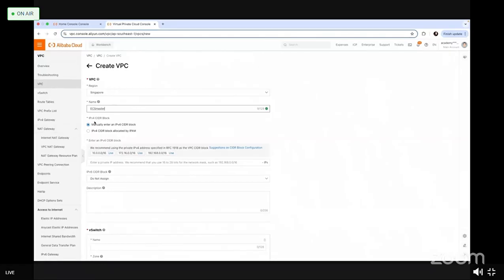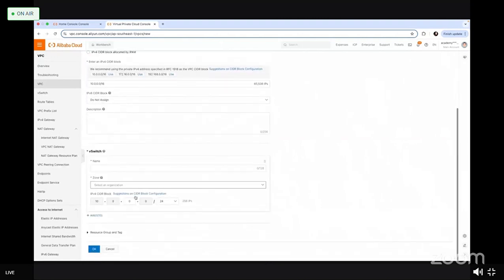And then the CIDR block you can manually enter, or we can have the CIDR block automatically allocated. I will choose one of these three. So I just go with this 10.0.0. I use this one, and then I need to make three vSwitches, one for each zone, right? So I will name it VS ECS A,